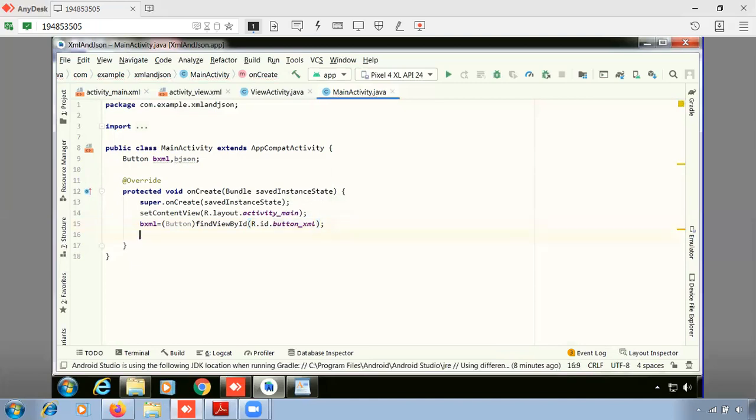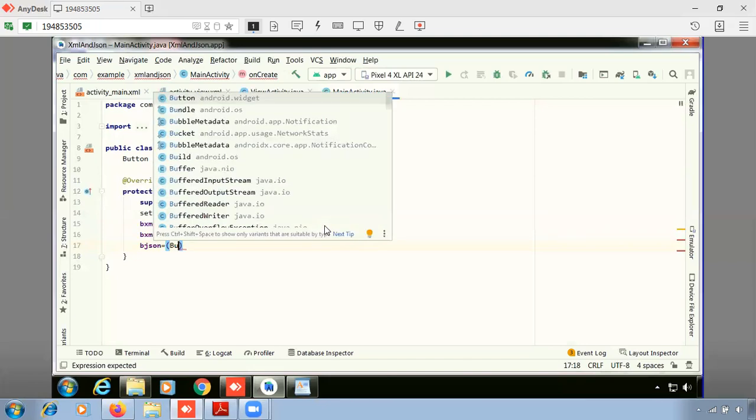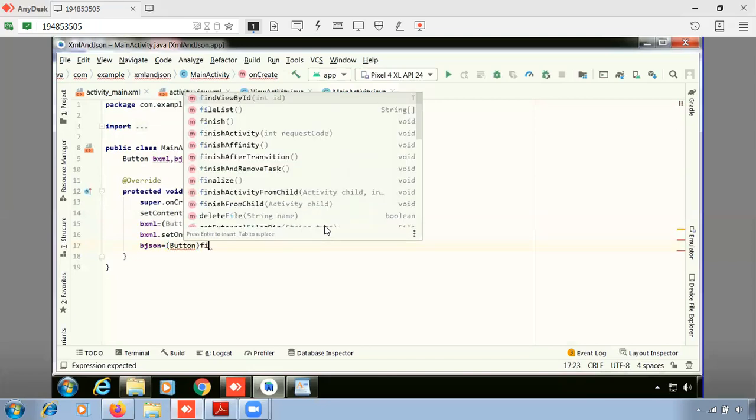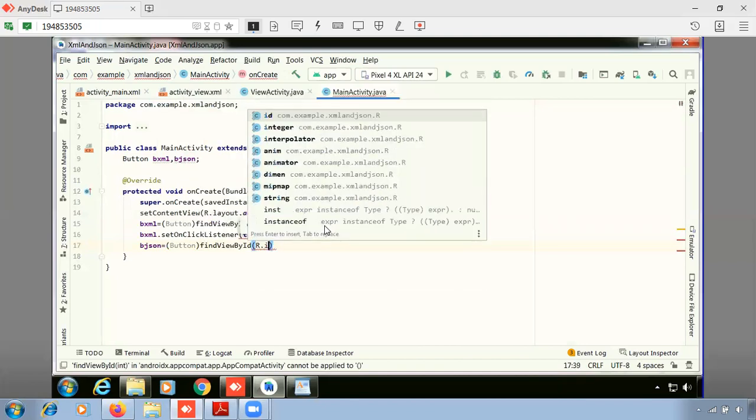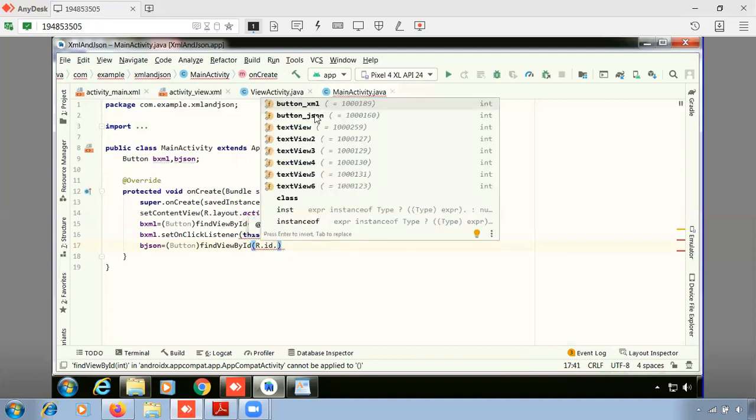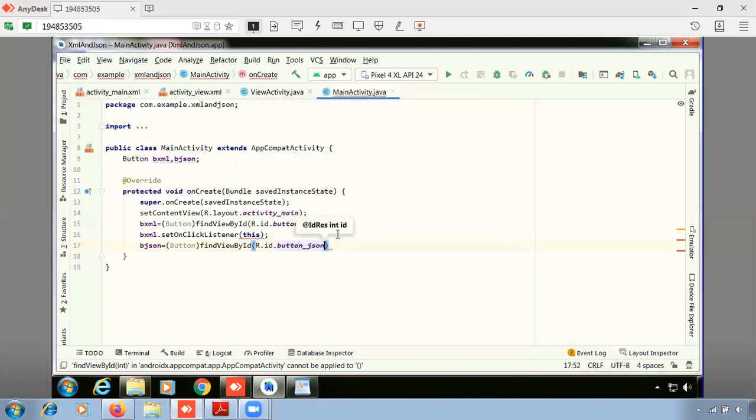Next, since it is a button, we will also call set on click listener for this. bxml dot set on click listener of this. Similarly, we will repeat this for bjson also. bjson is equal to button, call find view by ID with respect to r dot id dot, which we had given button JSON, click enter